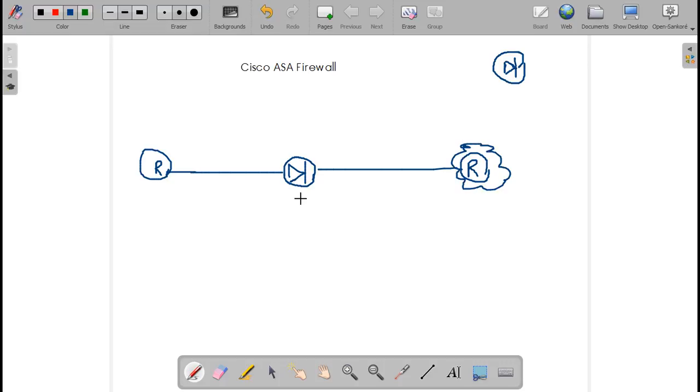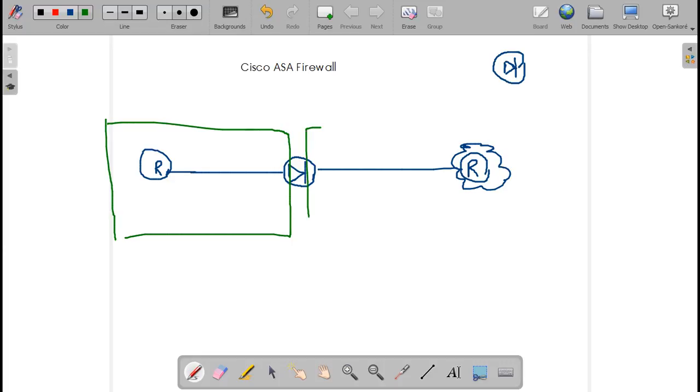Okay, so the firewall is going to stop packets coming from any untrusted network. In that case, what your firewall is going to do is divide the whole network into two parts. One will be this, and another one will be this. So this will be your first, this will be your second area.